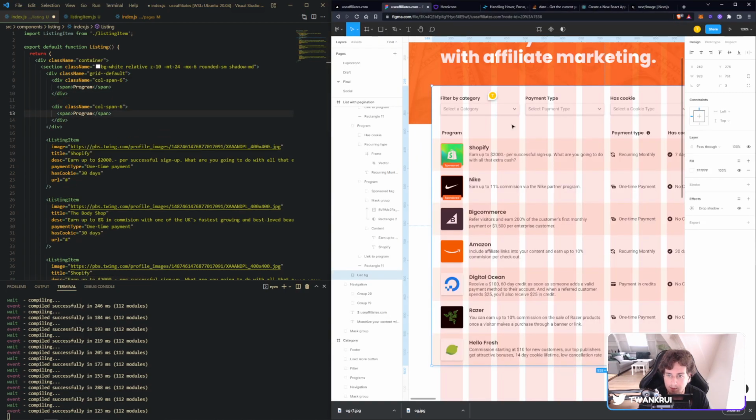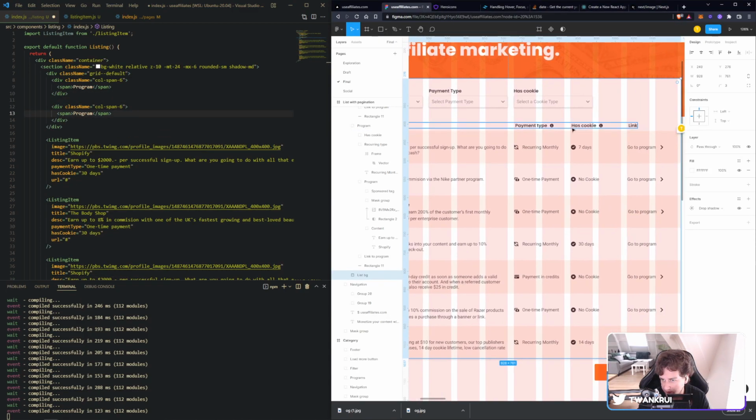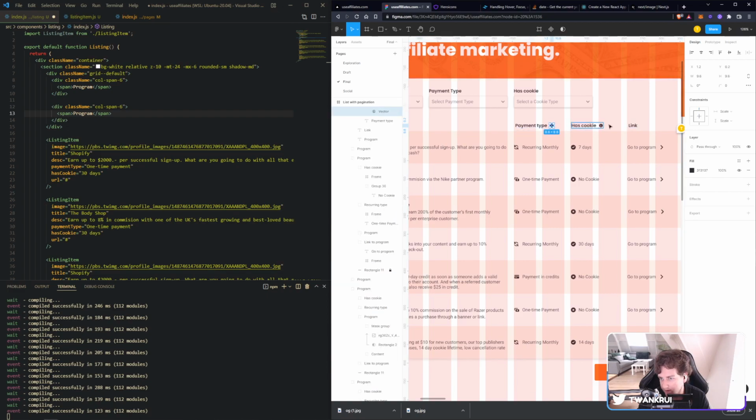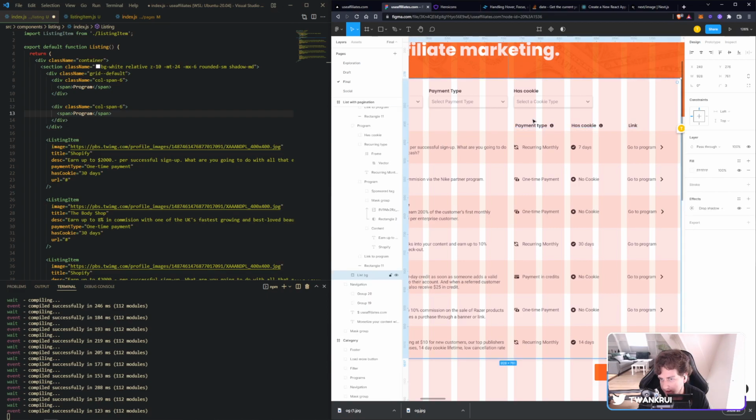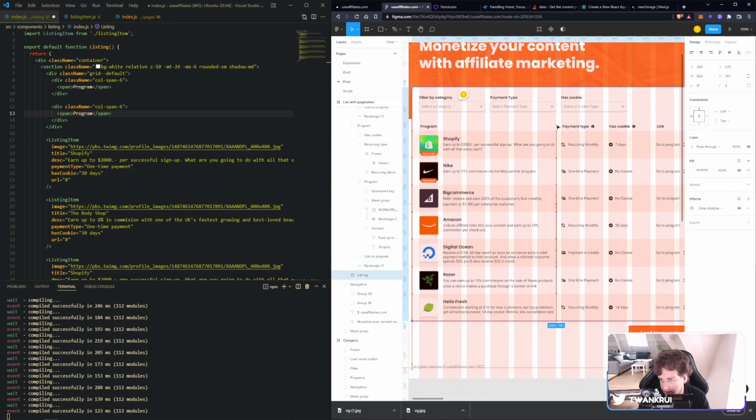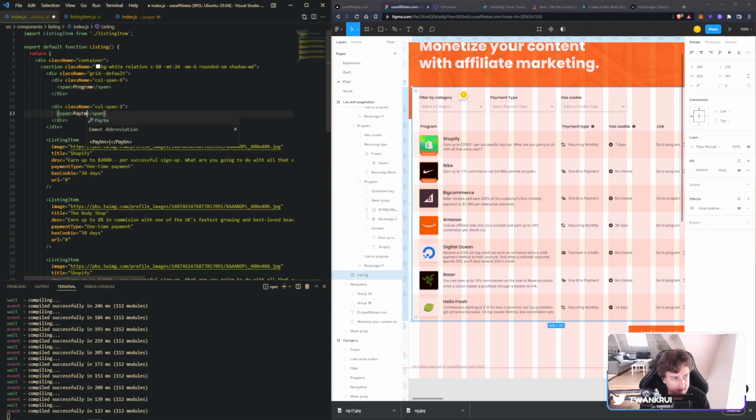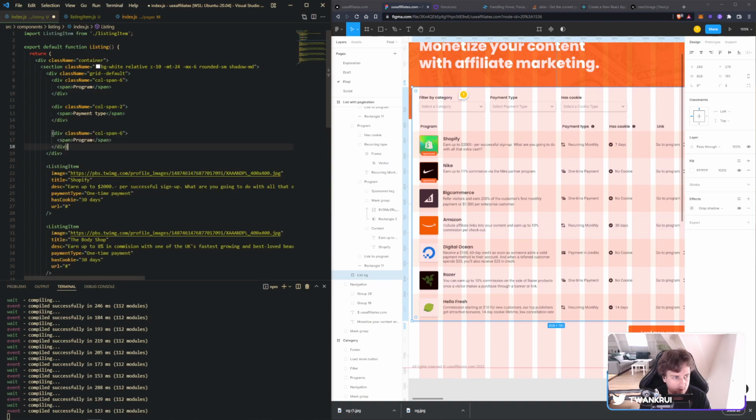We are basically now building these little titles here on top. I don't know if I'm actually going to include this little information kind of thing, but we'll see. So we have program, we have a span 2 for element type. We have a span 2 for